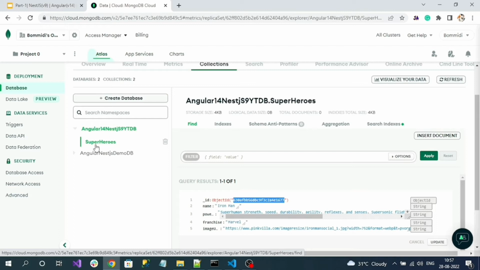Okay. Now we have to create a connection string for this database so that that connection string can be used by our NestJS application to communicate with this cloud database securely. Okay. So before getting the connection string, we have to do couple of work. That is like first thing,